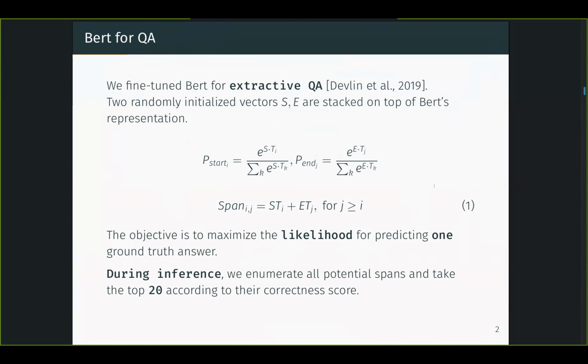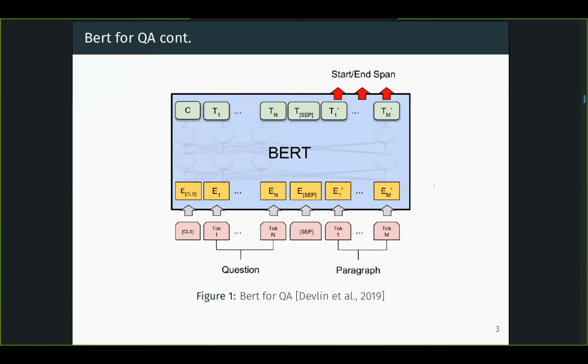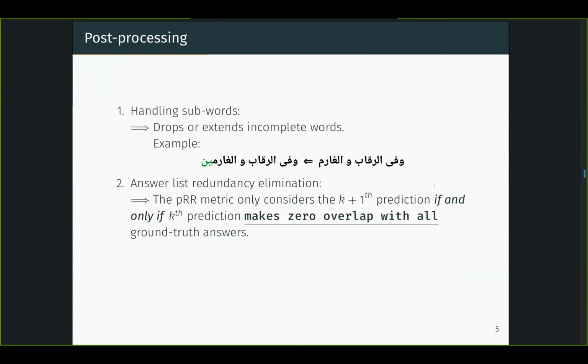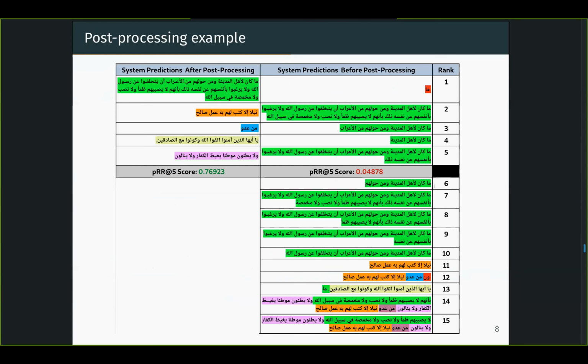Why, like, what are the intuitions behind that? Can you please elaborate more? I think it was like a relaxed approach. What I mean is, instead of just presenting 5 answers in the ranked list, due to the post processing, as we can see here, those 15 answers after post processing have been presented as 5 answers to the BRR metric. What I mean is,